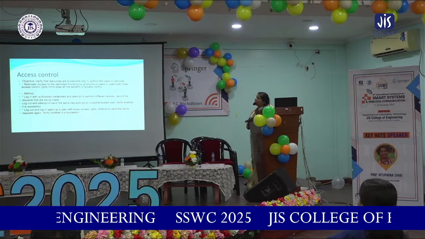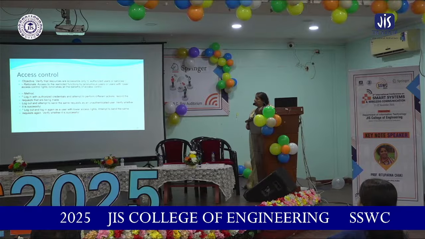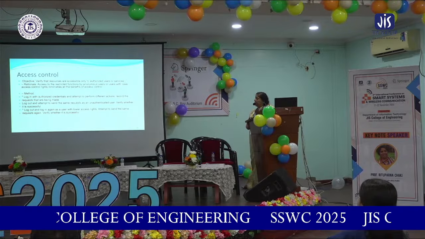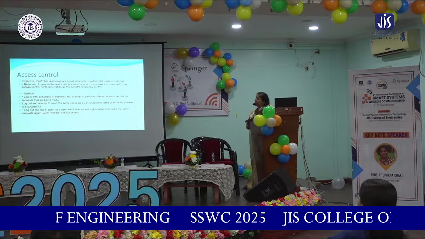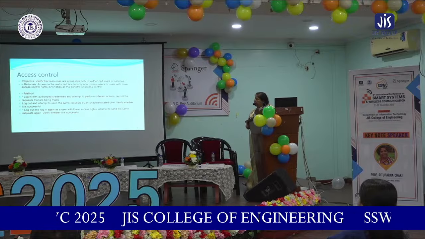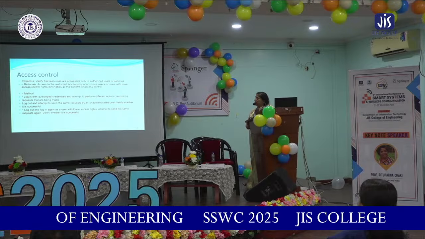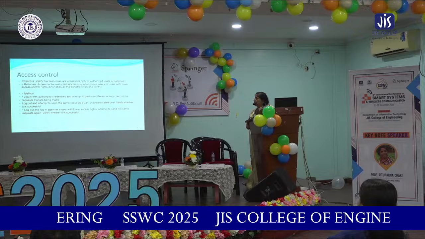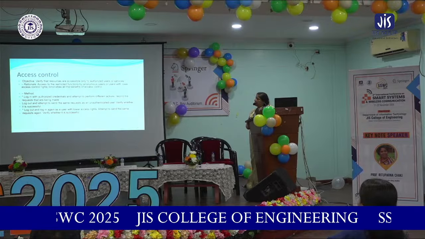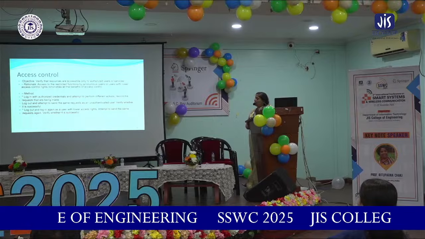So what we do is log in with the authorized credentials and attempt to perform different actions, record the requests that are being made, then log out and attempt to send the same requests as an unauthenticated user, verify whether it is successful, then log in again as a user with lower access rights, attempt to send the same requests again, and verify whether they are successful. So it's basically a three-time